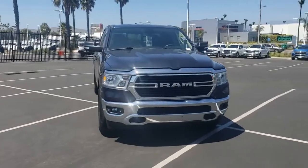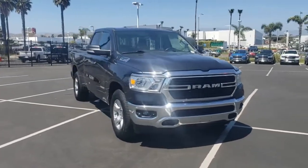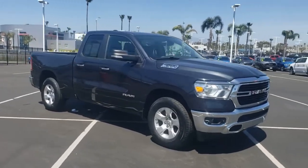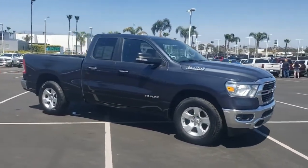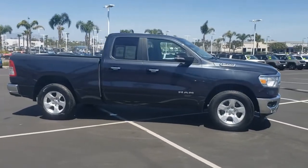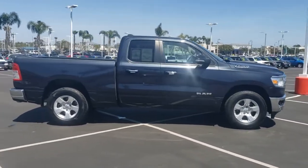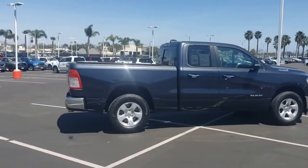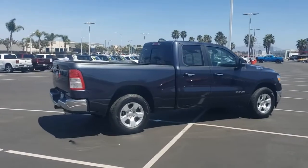Today, we're taking a look at a certified pre-owned 2020 Ram 1500 Bighorn Quad Cab 4x2 that's still under factory warranty. It's got the maximum steel metallic clear coat exterior with black diesel gray cloth interior. Coming in at 34,436 miles, it's got the 5.7 liter V8 HEMI with a Class 4 receiver hitch and a